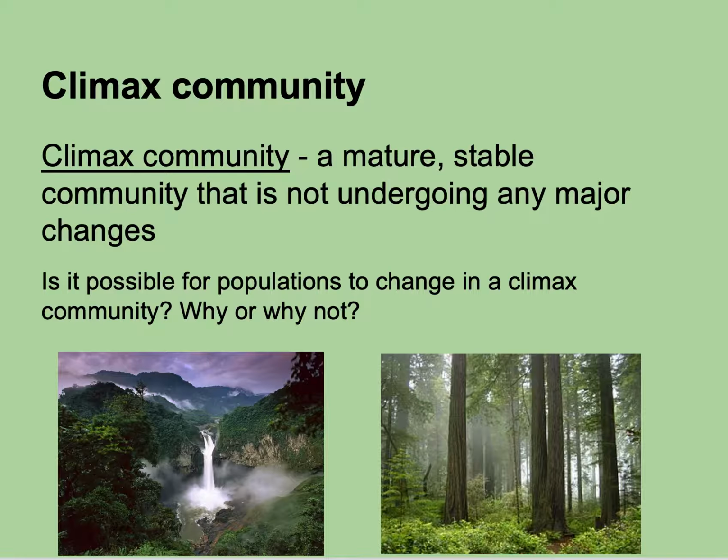And then very small animals would come along, maybe like insects and small birds and stuff like that. Then bigger plants can grow with bigger animals coming in, and bigger plants and bigger animals, and so on, until you end up having a big, mature community that has giant plants and lots of different plants and lots of different animals. That would be a climax community.